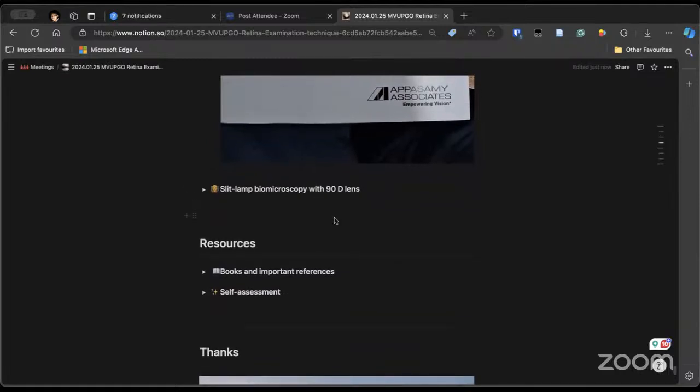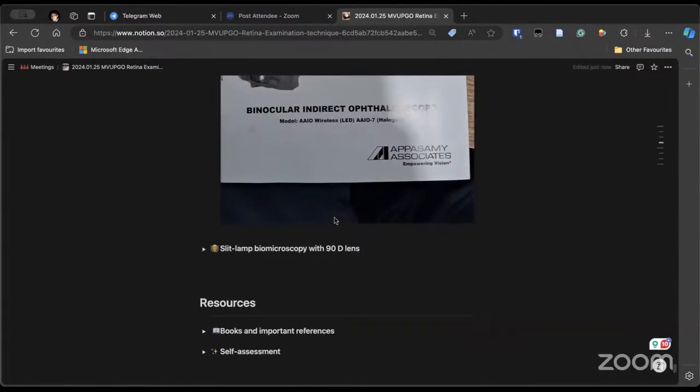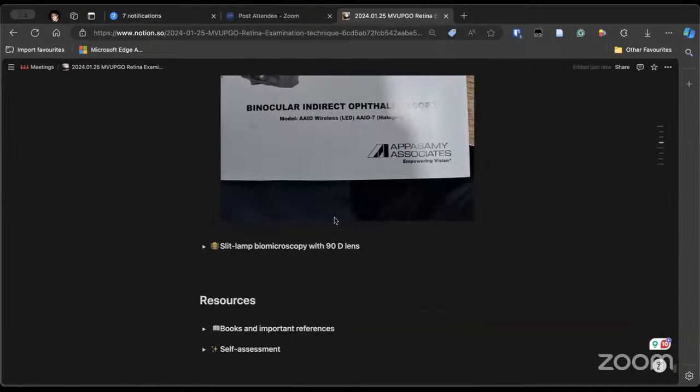Are there any other queries on the 20D exam with the Indian ophthalmoscope? These are important. You have to practice at least 100, and I think more than 100. Examine all patients with indirect and 90D. And if you have not been doing direct ophthalmoscopy, do direct ophthalmoscopy also. These have to be done regularly, otherwise you will be in trouble.